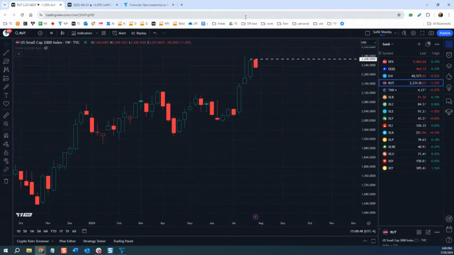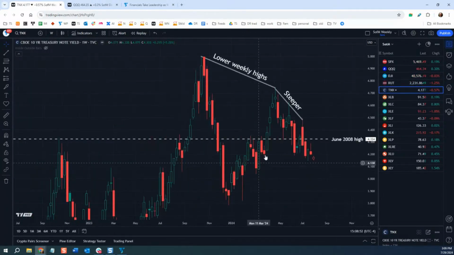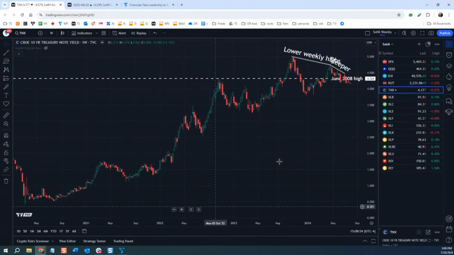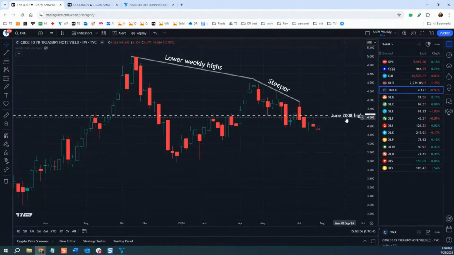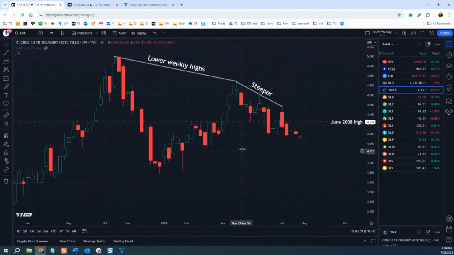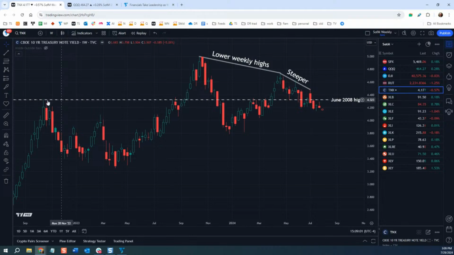All right, now if we look at the TNX, which is the 10-year, this is quite interesting because what grabs my attention is we've talked a lot about this important level that goes back to June of 2008. This was an old high at that time, and it was a point where the 10-year peaked, and then it basically peaked there a few times, and then it broke above that. And this has been, in my view, a key long-term level. 4.32 on the 10-year treasury yield.